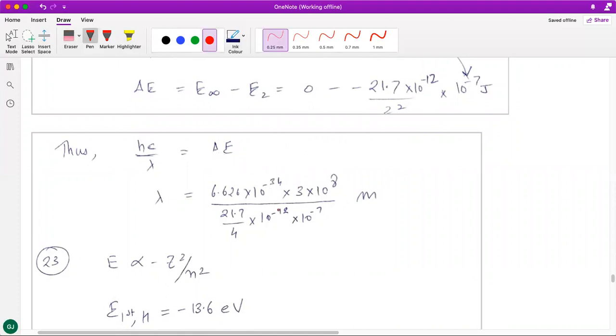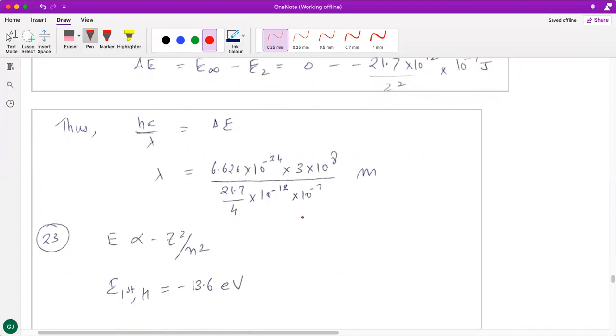So this is the kind of calculation that comes in. Not that easy a calculation to work with, but still you will have to do it in case you have a subjective question in front of you.